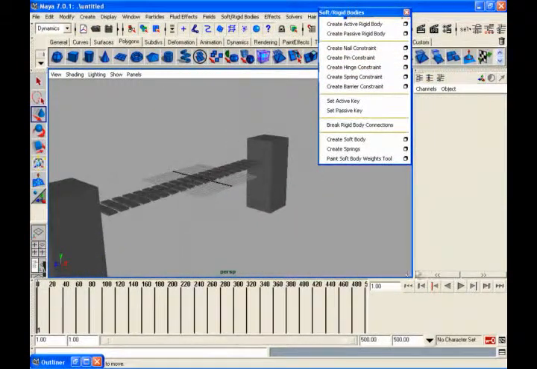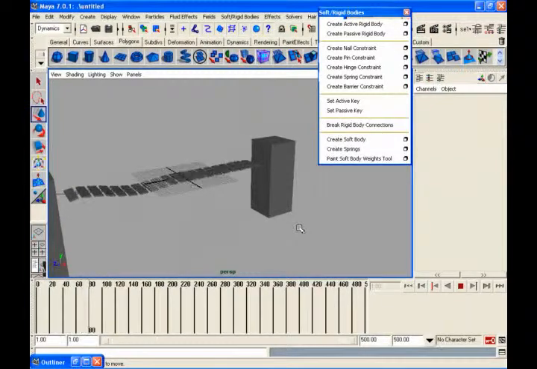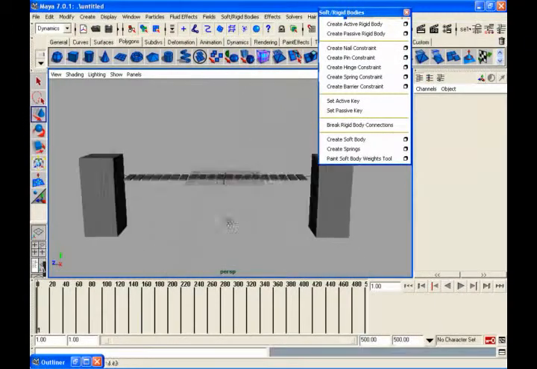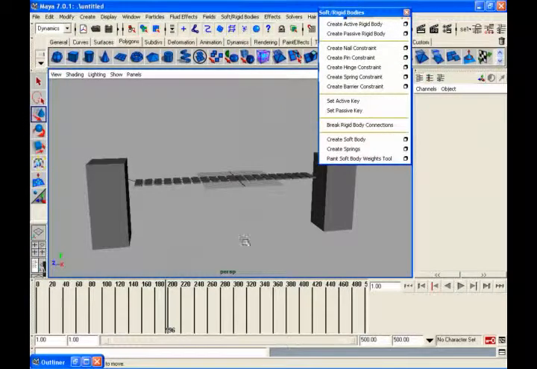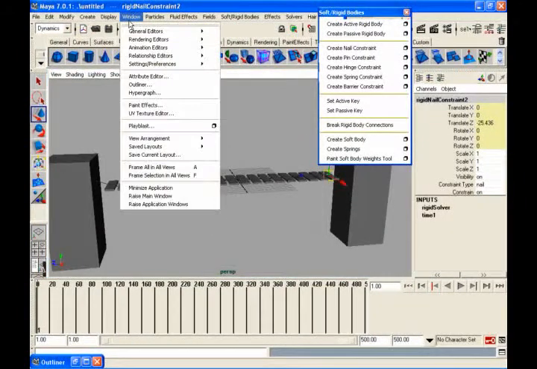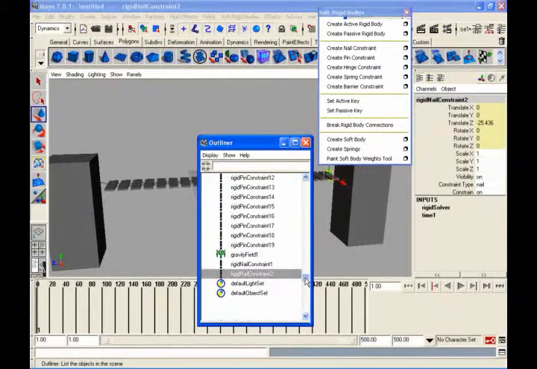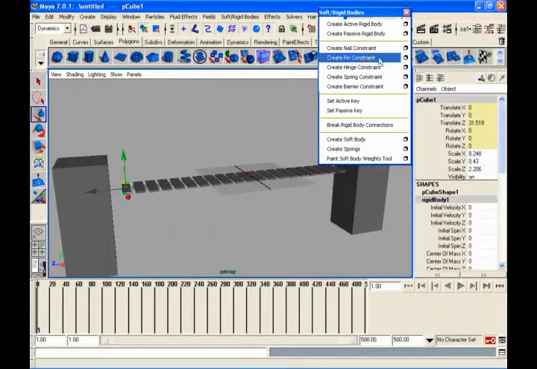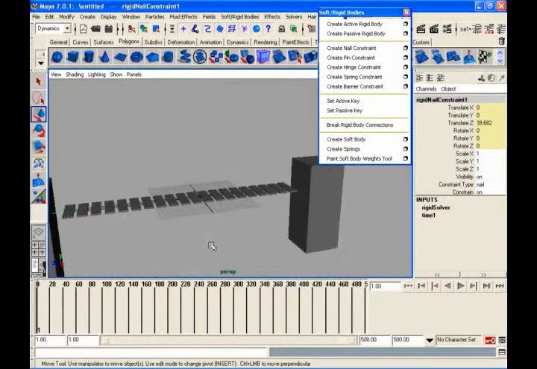Stop. Because of some dynamic simulation problem, don't worry. I'll repeat it once again. It happens sometimes. Maybe too many objects, it doesn't calculate. Let me delete these two nail constraints. Once again create those nail constraints. Just drag it in. Nail constraints, drag it in. Now play. Better, huh? So it's like that.